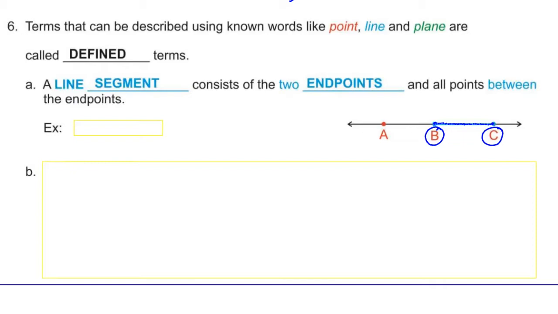Is there an infinite number of points or finite? Now you might think because there's 2 endpoints, it's finite, but it's not. Remember, a point has no width. It has no dimension. You can always get, this is weird, you can always get another point between any 2 points. Always. So it's infinite. There's an infinite number of points.